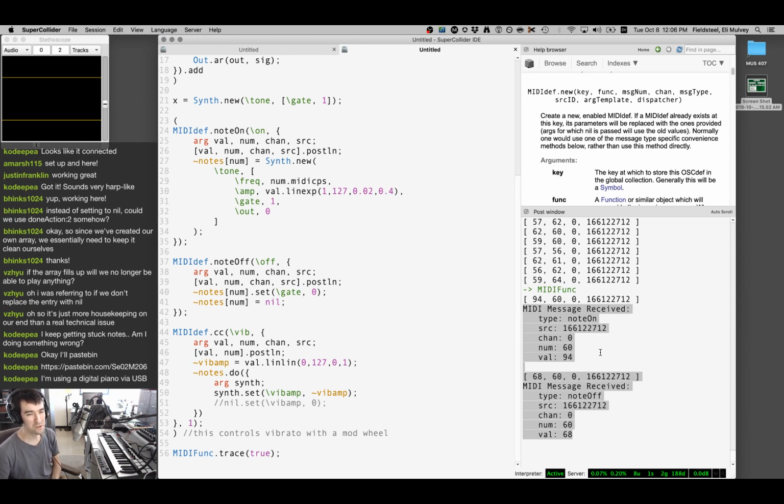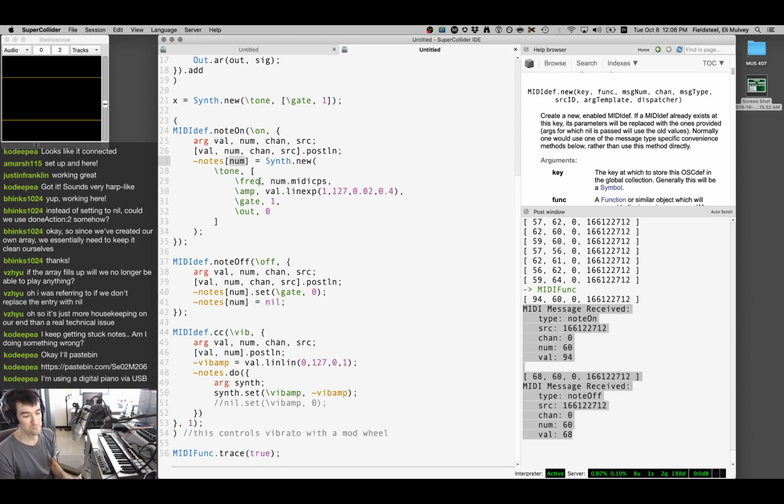I remember my digital piano, this really old Yamaha controller/synthesizer. When I pressed a key and turned on the trace option here, I would see it on channel 0 and channel 1 and channel 10 or something. So I would see multiple notes. If that's the case, then this note on is not listening to specific channels. It's just letting all note on messages come in. So if you're sending on multiple channels, it's going to be dumping multiple synths into the same index and calling, and that'll create multiple sounds